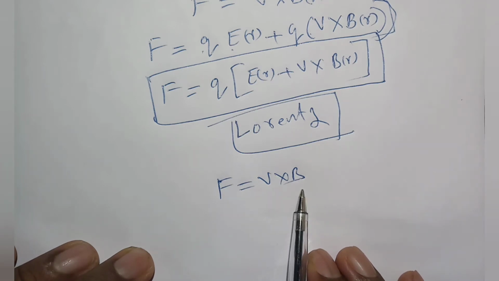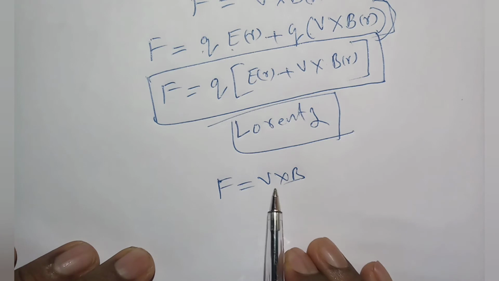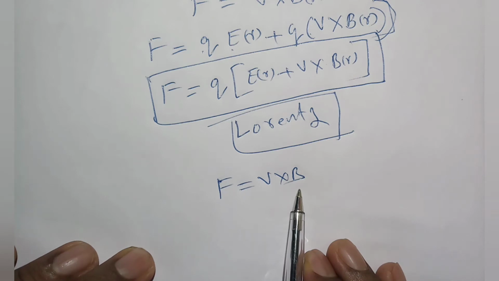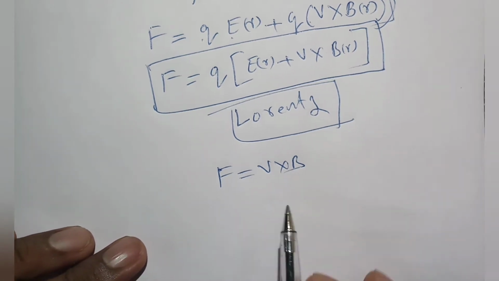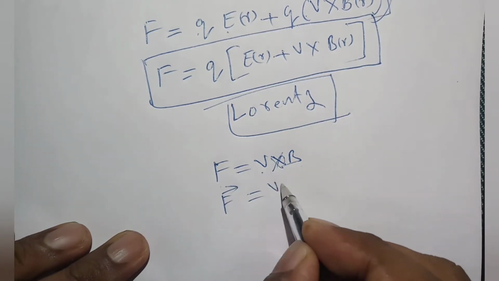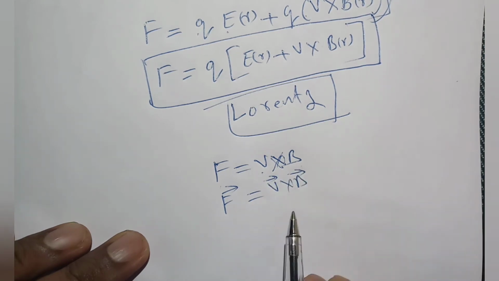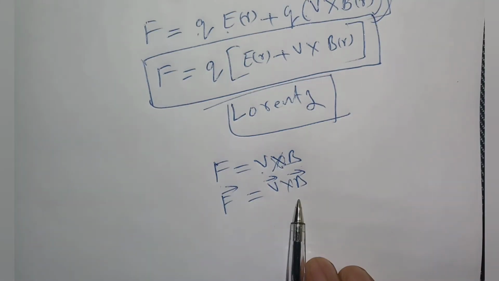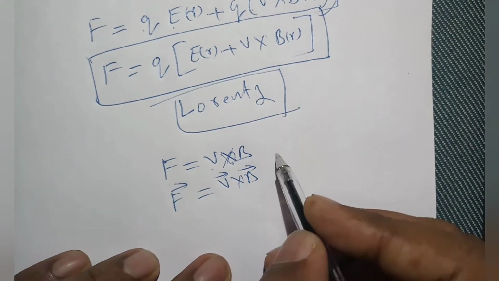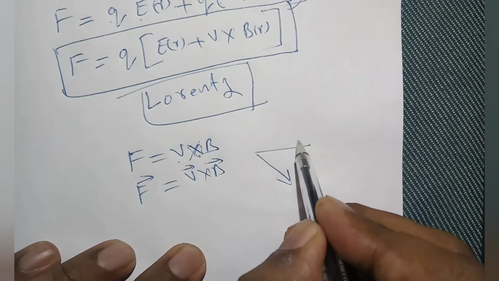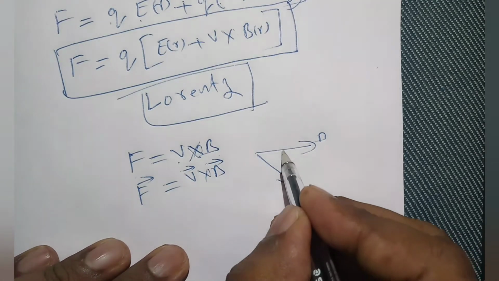And if the charged particle is negatively charged, then we have to take the direction as opposite. That we will discuss after this one. Okay, and the magnetic force is a vector product because it is cross product we are taking. So this force is a vector, and this V cross B. So this V is a vector, and B is also, so this is a vector product. So what is the meaning of that one? This vector product will be perpendicular to both V and B. The meaning is you have to use the right hand rule. That is, if velocity is along this direction and B is along this direction, then you have to use the V cross B. This is V cross B.